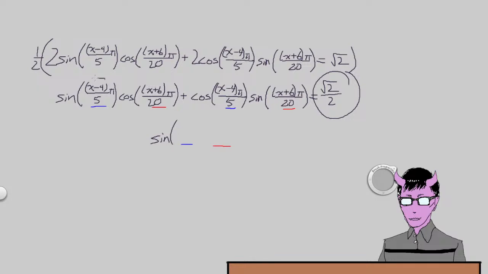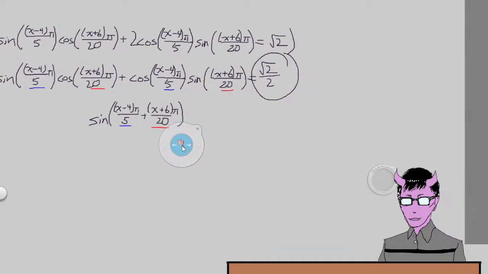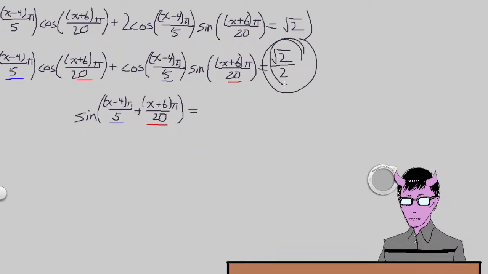Alright, so argument number 1, x minus 4 pi, all over 5, and then sine condensation, you keep the same sign, so it's going to be plus. Copy paste the second argument. And all that is going to give us a ratio of root 2 over 2,